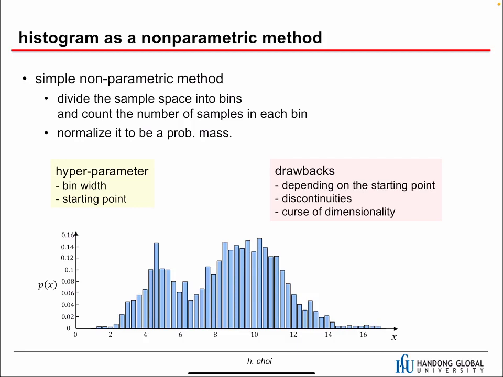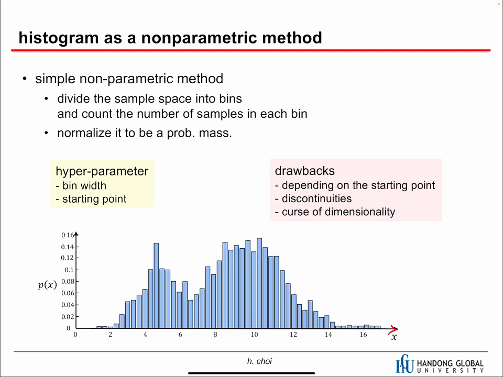Now let's talk about non-parametric methods for density estimation. A histogram is a good example to explain what a non-parametric method is. It is a simple non-parametric method, and it divides the sample space into bins and counts the number of samples in each bin. So let's say in this example, we have a one-dimensional sample space, and we divided this sample